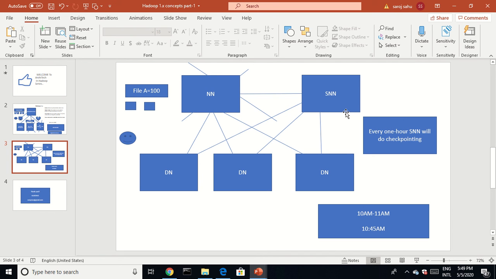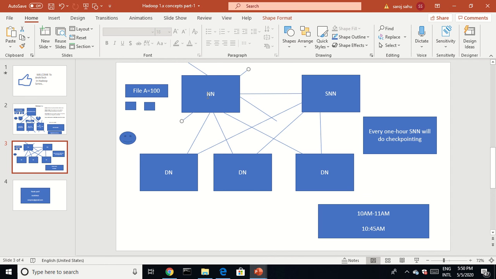So maximum, if you consider after 10 a.m., if the checkpointing has properly happened, and if exactly at 11 a.m., somewhere in the 1 hour between 10 a.m. and 11 a.m., something goes wrong with the name node, the maximum I can lose of the metadata is like 1 hour. So here it is 45 minutes, because 45 minutes of data is updated from 10 to 10:45, but after that I cannot